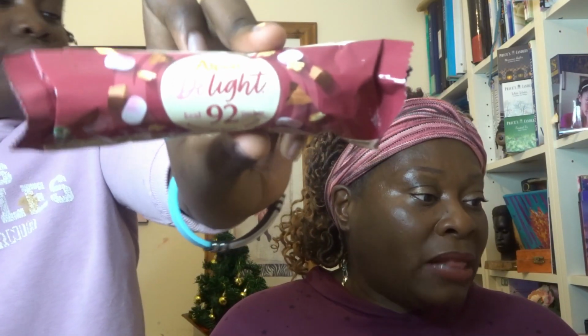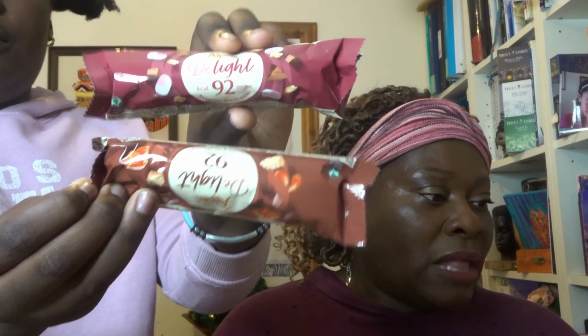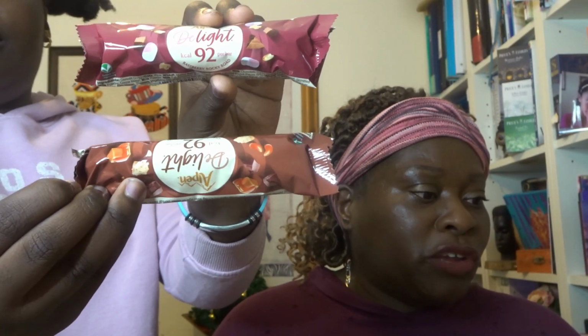Okay, next. This is our protein offering. They always give us some sort of protein offering. So this is from Alpen Delight bar. 59 pence each. So enjoy a moment of delight with our brand new Alpen Delight bars, made with creamy rolled